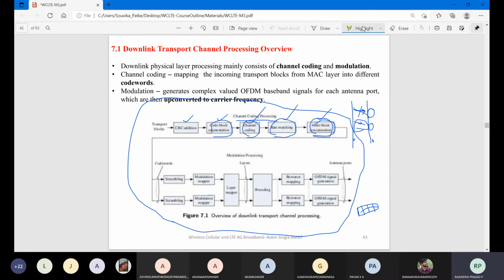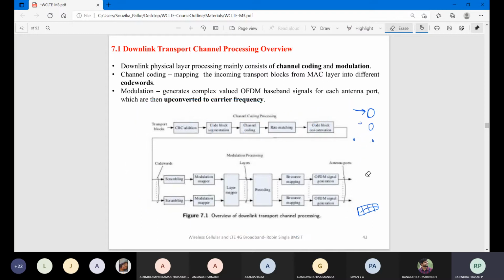Right. So these are the major 5 types present in this downlink channel processing overview. And in this, what is the modulation or processing type which you can find? We have code words that we are receiving, and they will be scrambled. Scrambled means first you may receive token number 1, next token number 20, next token number 4. So it will be scrambled, and all this has to be arranged.